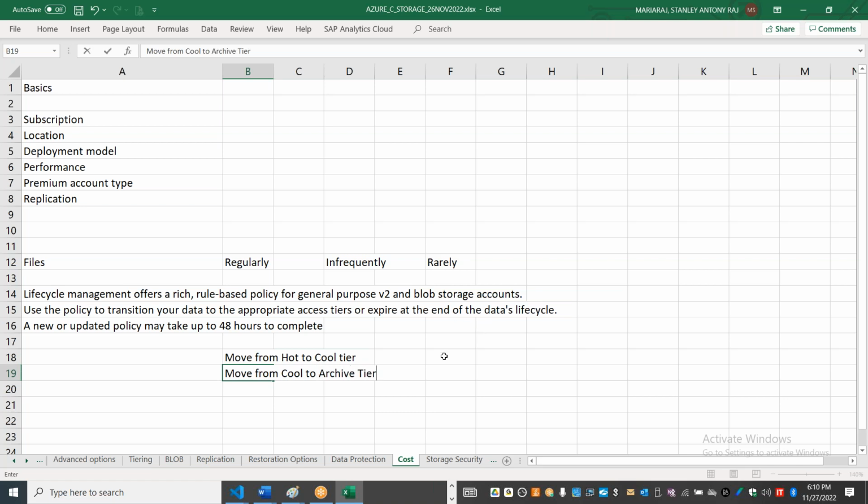There should be some criteria, right? For example, data that was not changed for the last 30 days, or data that was not accessed for the last 180 days. You can create a criteria, get the approval from the business, and then move it. The reason I'm saying you need approval from the business is that moving the data to the archive tier